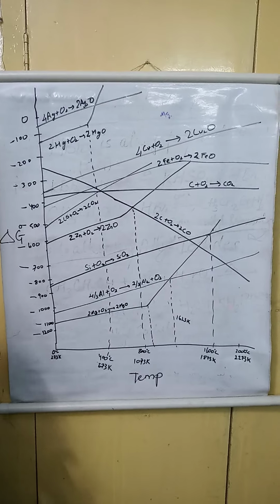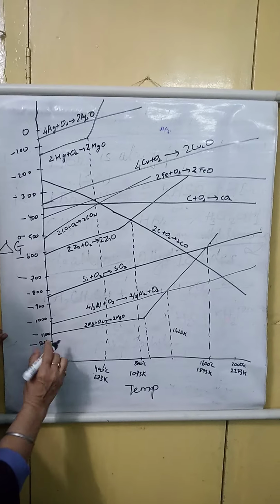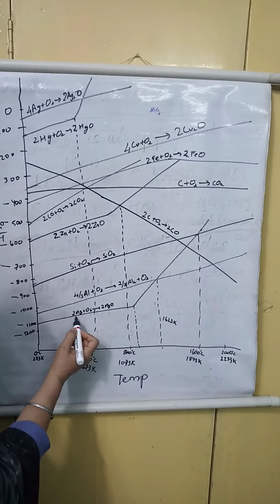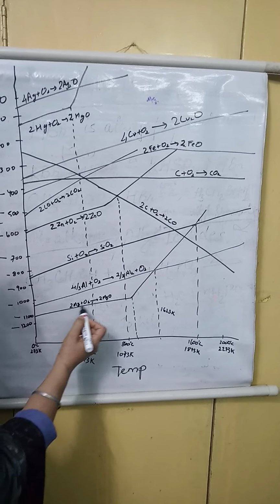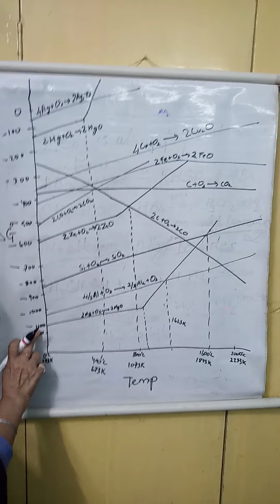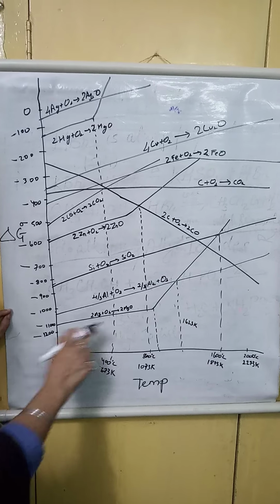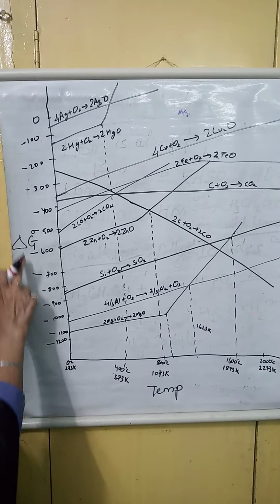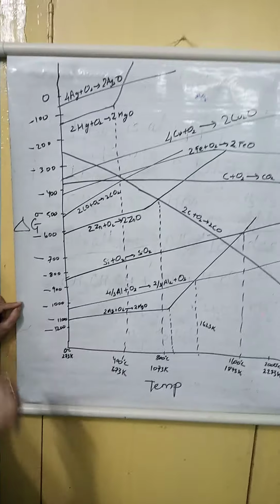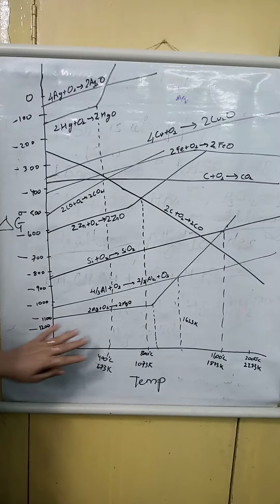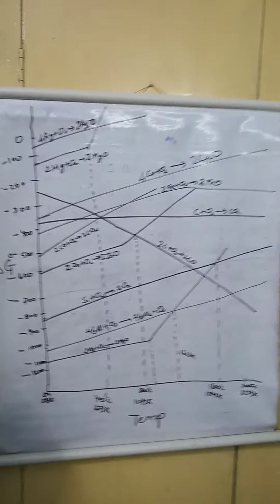You will see here we can see the equation. Now magnesium, if you take magnesium when it reacts with oxygen, magnesium oxide is formed, and with the increase in temperature, the value of ΔG for this reaction is found to be very low. So the feasibility of this reaction is very high and possible. We will study the details about this now.